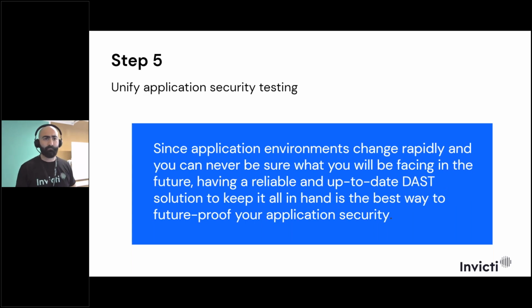a DAST solution. Unify application security testing. So you need to centralize everything. You need a reliable, up-to-date DAST solution that will avoid you implementing a lot of tools that, as I mentioned, serve specific purposes.